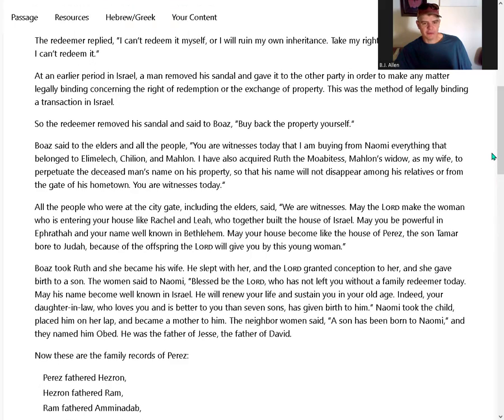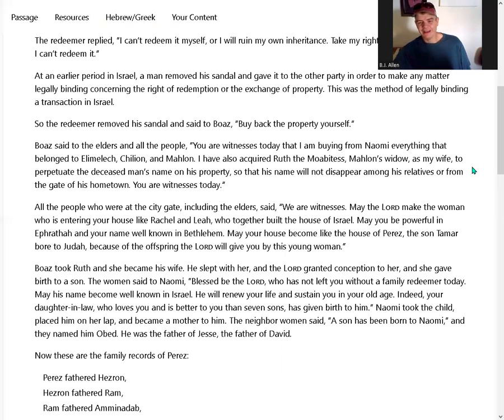Boaz said to the elders and all the people, "You are witnesses today that I am buying from Naomi everything that belonged to Elimelech, Chilion, and Mahlon. I have also acquired Ruth the Moabitess, Mahlon's widow, as my wife, to perpetuate the dead man's name on his property, so that his name will not disappear among his relatives or from the gate of his hometown. You are witnesses today." All the people who were at the city gate, including the elders, said,